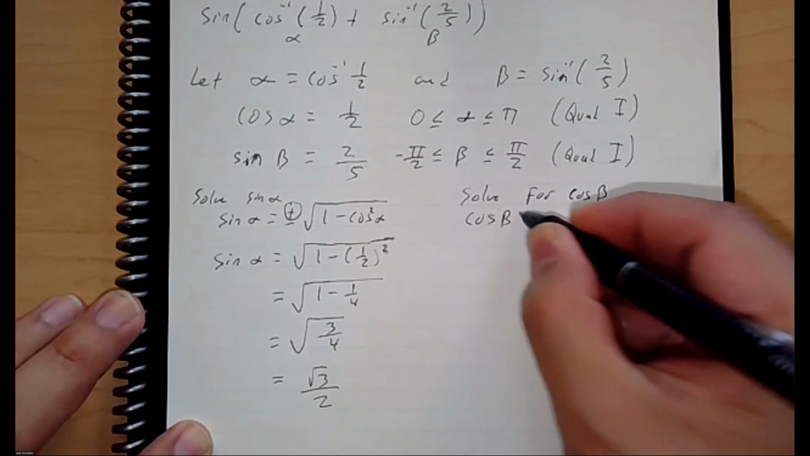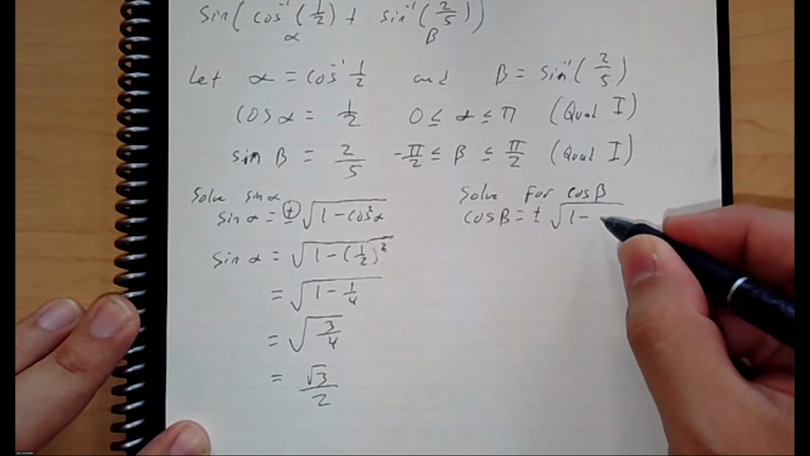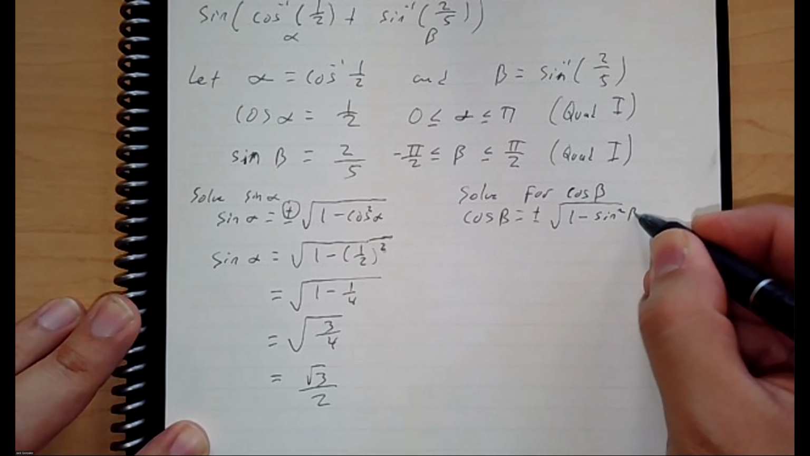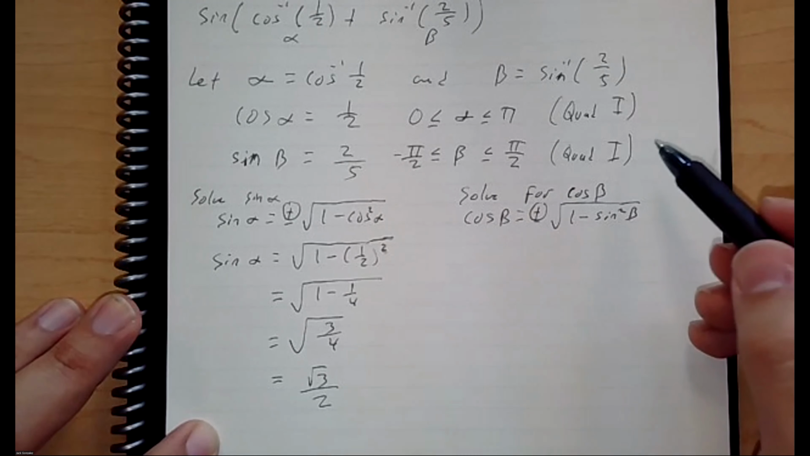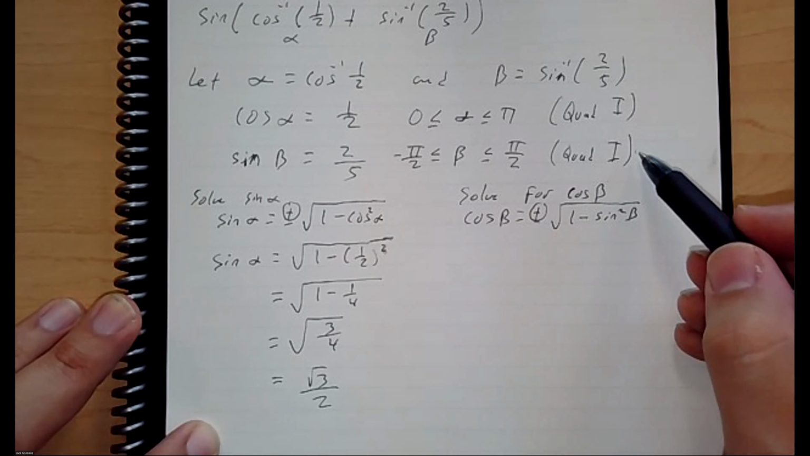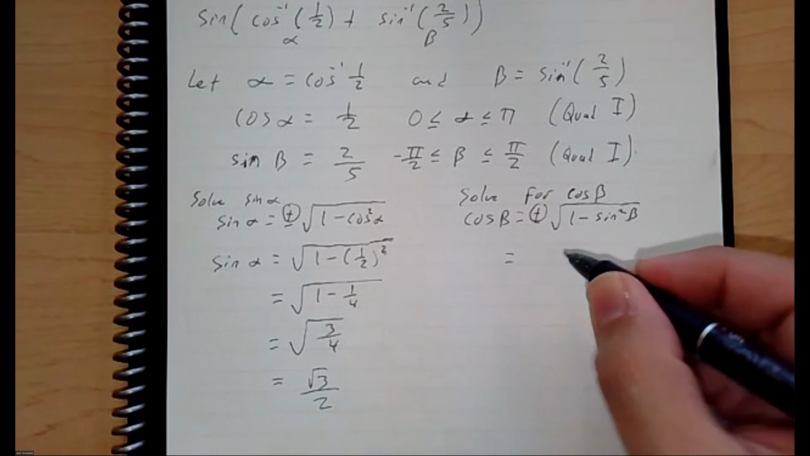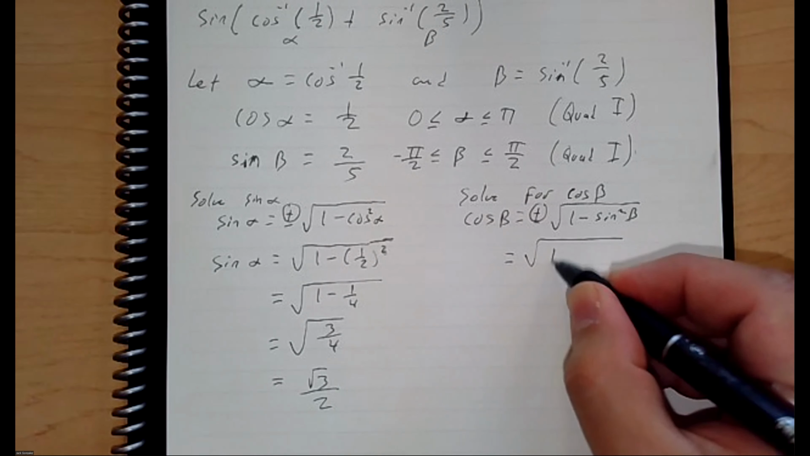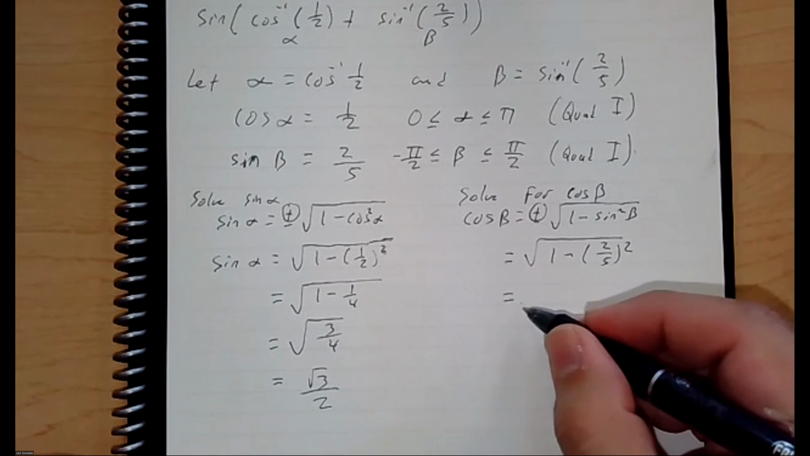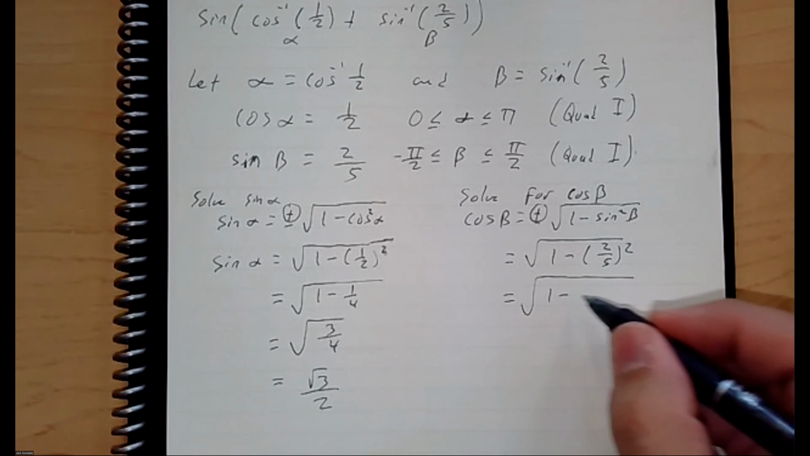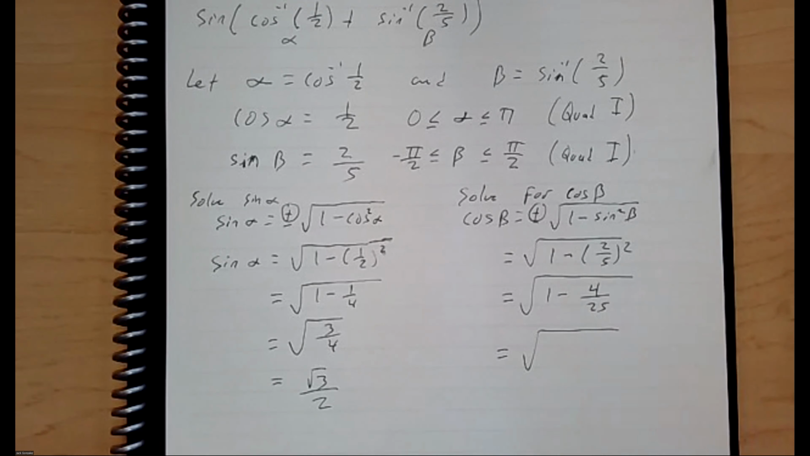So cosine beta will equal plus or minus the square root of 1 minus sine squared beta. We're going to choose plus because we are in quadrant 1. So this will be the square root of 1 minus 2/5, which will be 1 minus 4/25, which will be